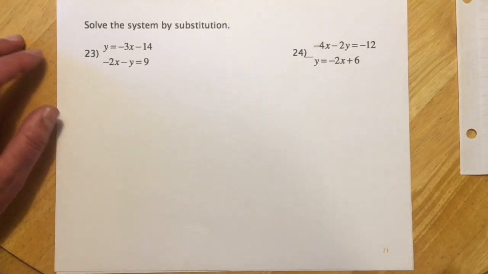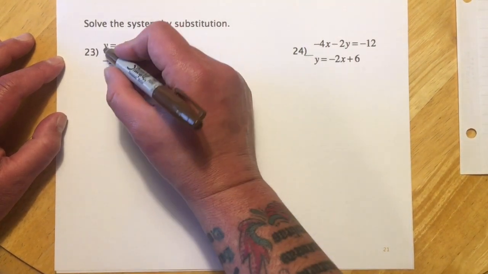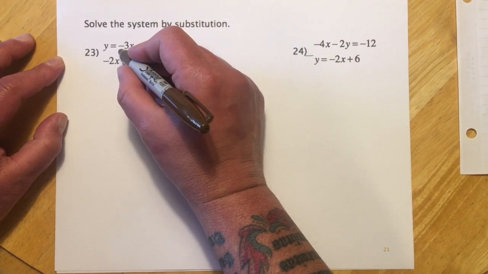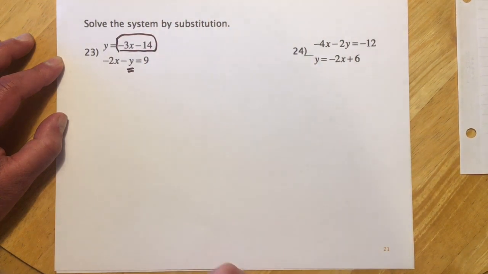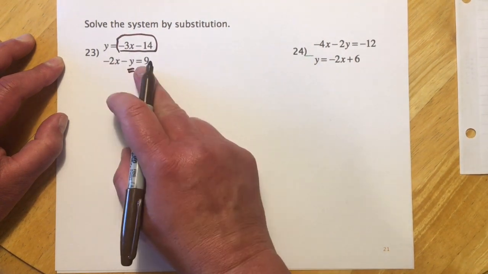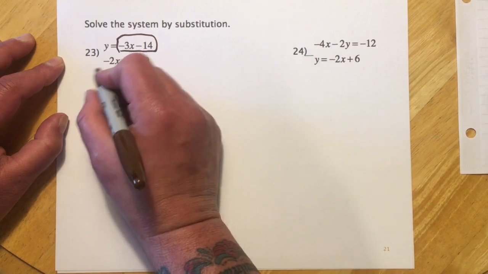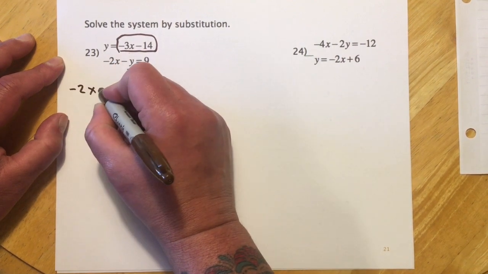Okay, and then these next two are solved by substitution. So since this is y equals this stuff right here, I'm just going to take that and drop it right there for that y. And then that's going to give me an equation in just x. So negative 2x minus,